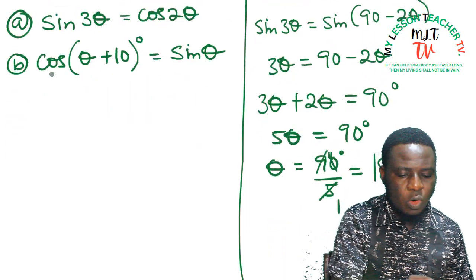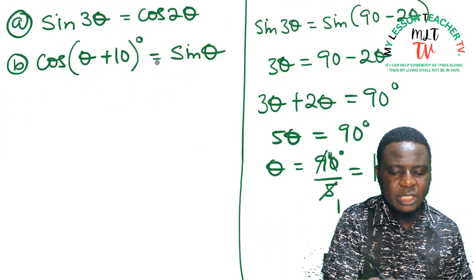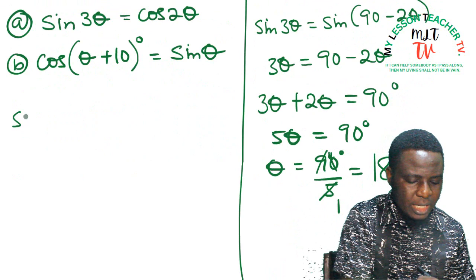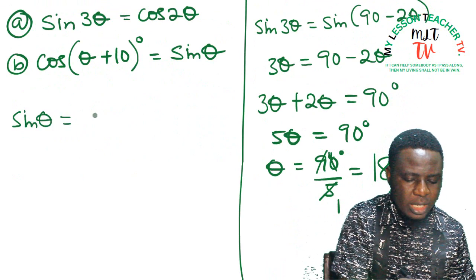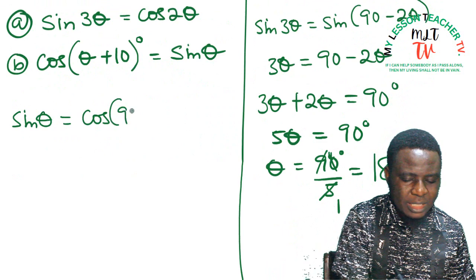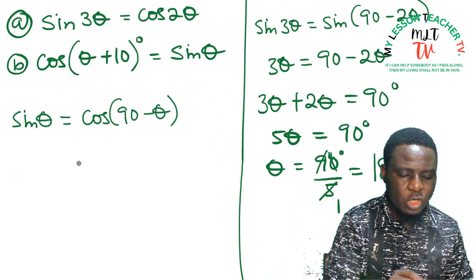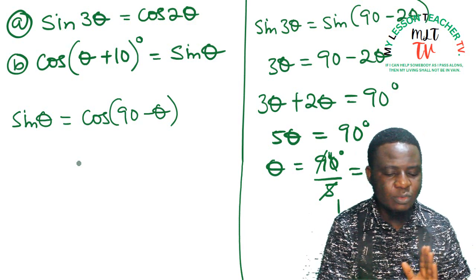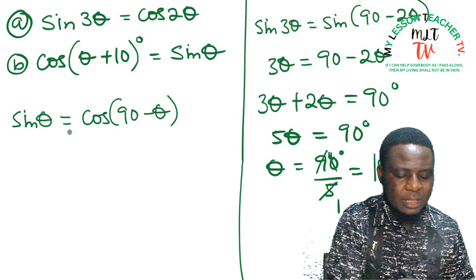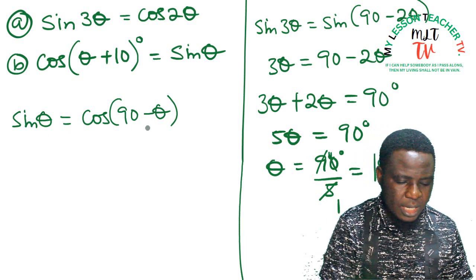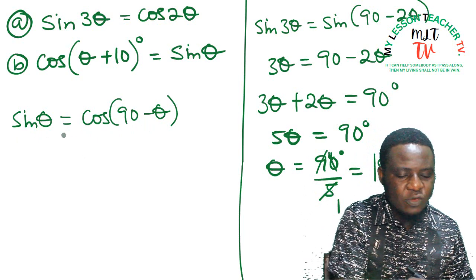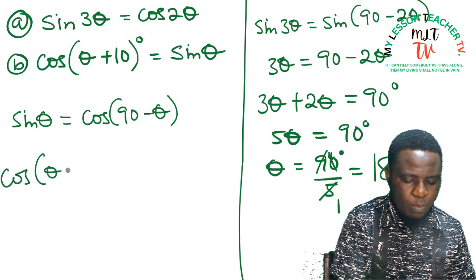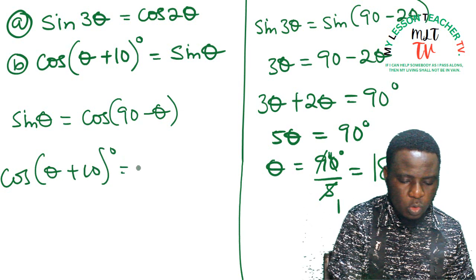B says cos(theta + 10 degrees) is equal to sine theta. So if this is the equation, you can then start by saying sine theta is equal to cos(90 minus theta). Doing this, you are going to express this equation in terms of just sine theta or in terms of cos theta. So if sine theta is equal to cos(90 minus theta), I will then substitute cos(90 minus theta) for sine theta in equation B, so that cos(theta + 10 degrees) will be equal to